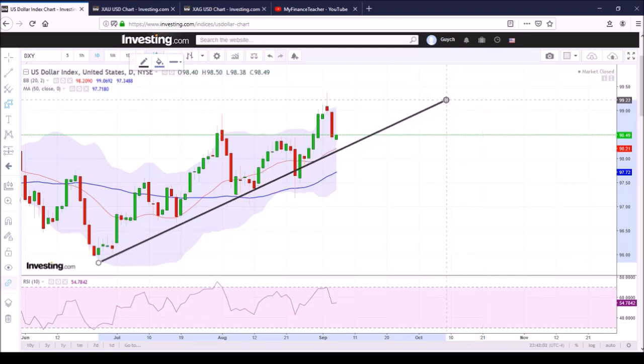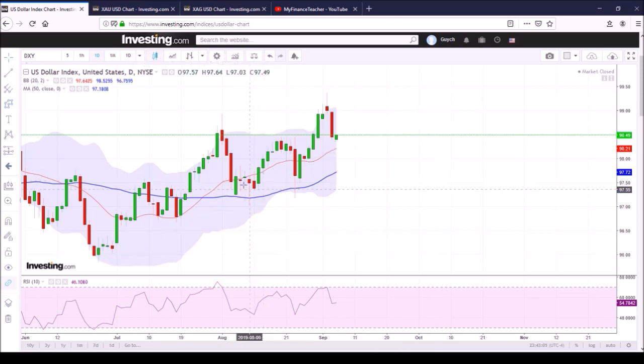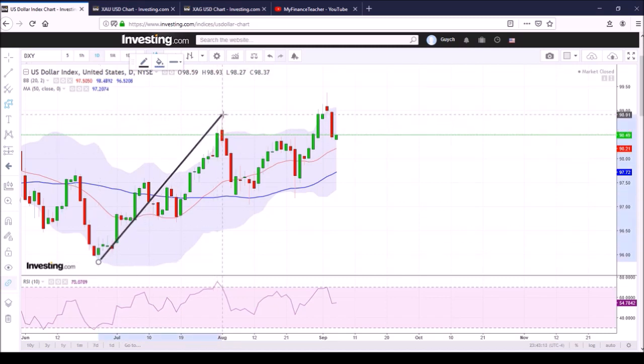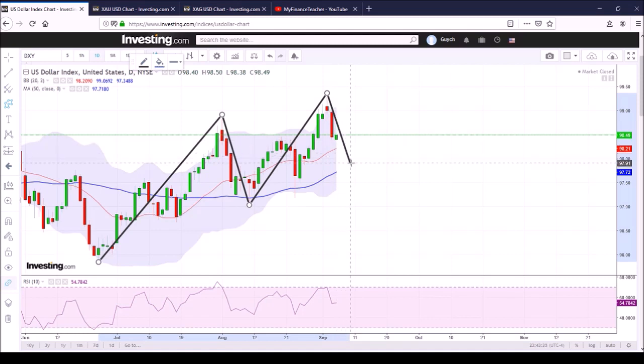However, in the shorter term, in terms of the daily cycle, we might be in the declining phase already. In terms of the daily cycles on the US dollar, here's what I see. Looks like we've completed the first daily cycle somewhere between the end of June and the middle of August. And with this large red candle on the US dollar, it looks like the second daily cycle has already topped, and we might go down for just a few days, maybe a week, possibly even a couple of weeks